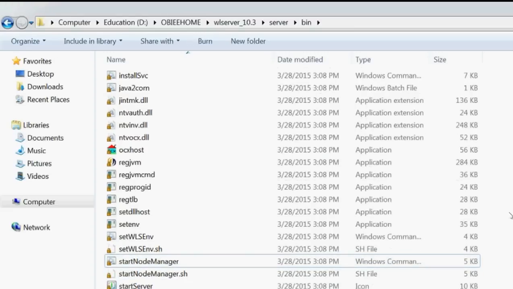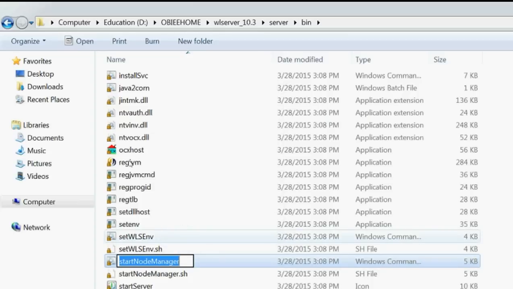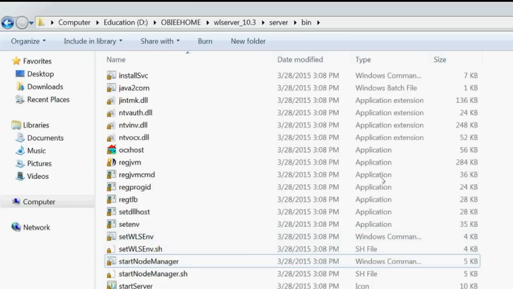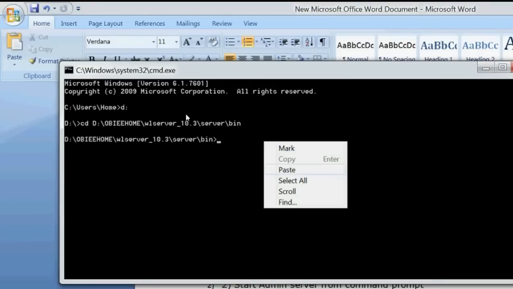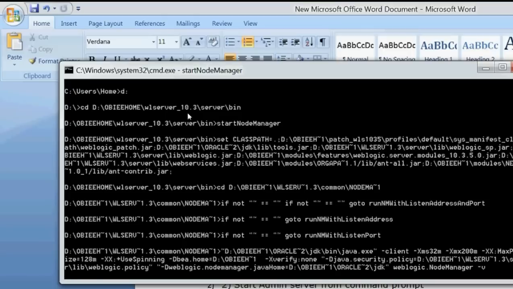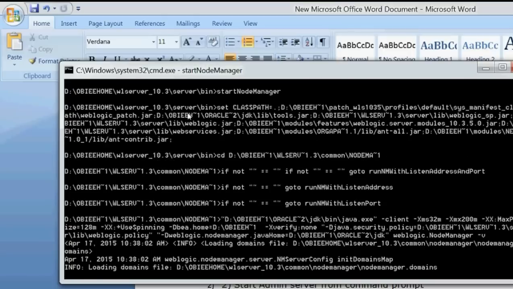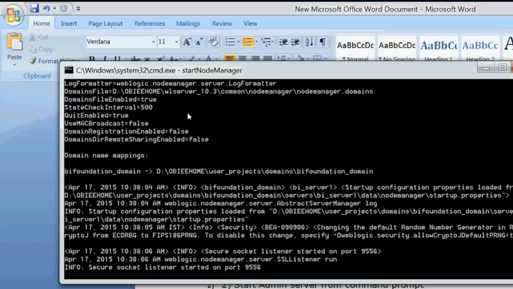Now just copy this name, start node manager, and paste it here. See, the node manager is starting.